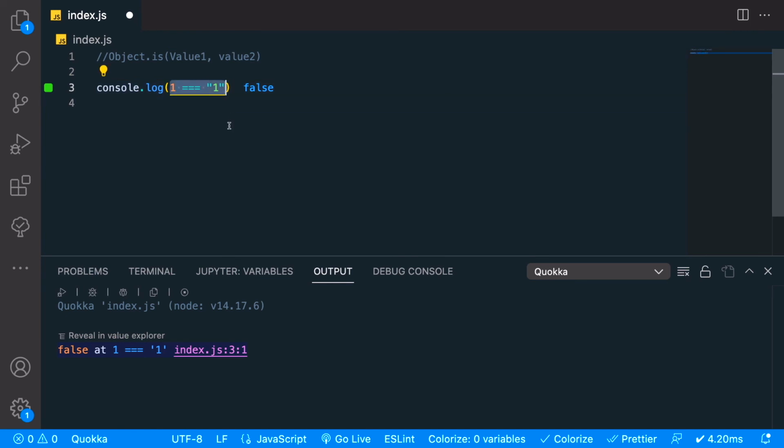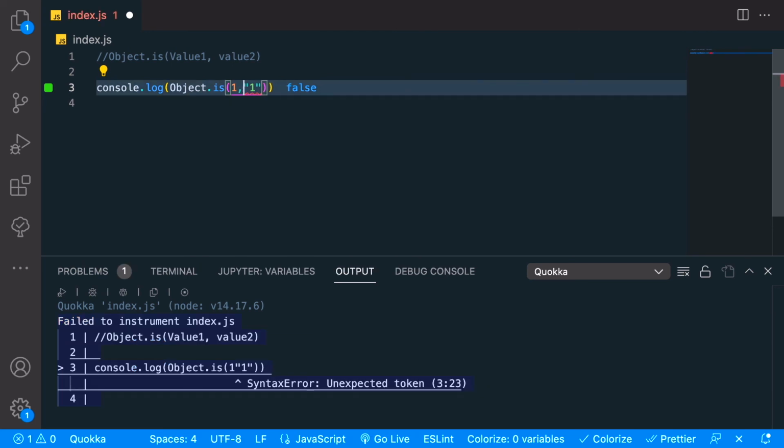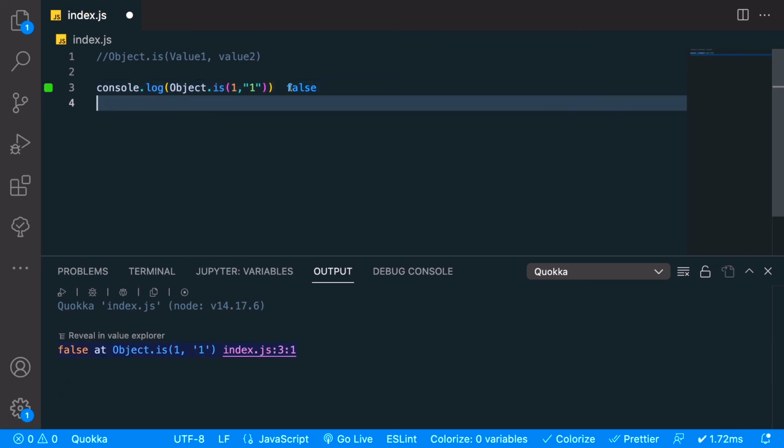Let us look at an example using one number and one string. And you can see that it returns false. So the same way that the strict equality comparison does not type convert is the same way Object.is handles those cases. But when it comes to these special cases of not a number,